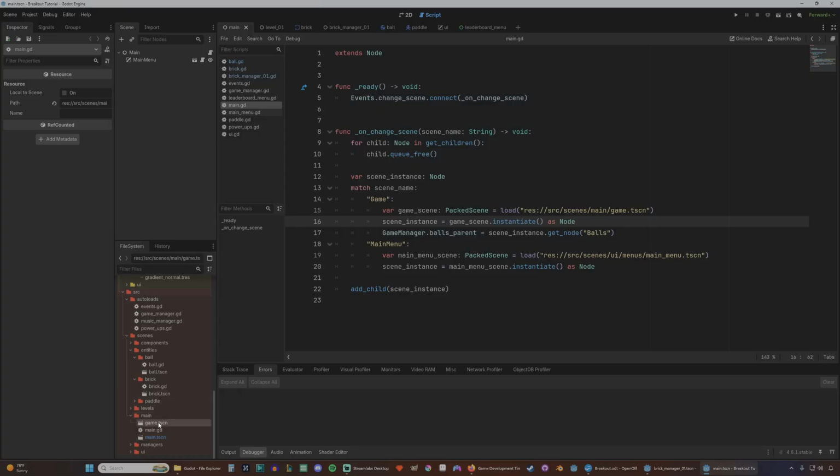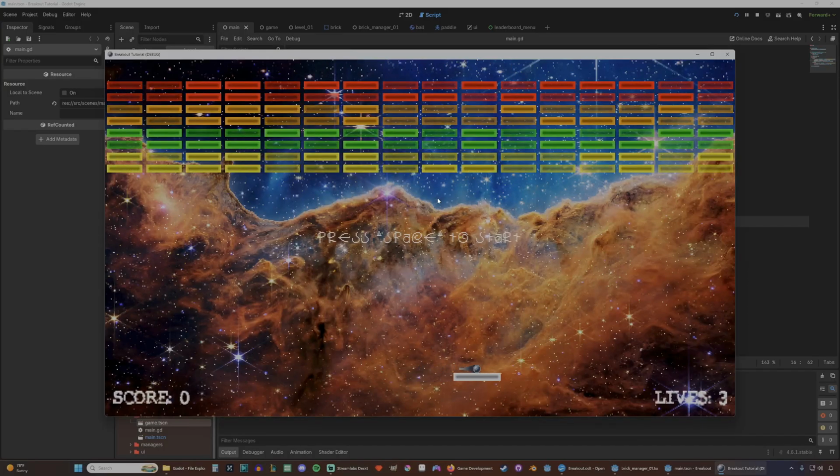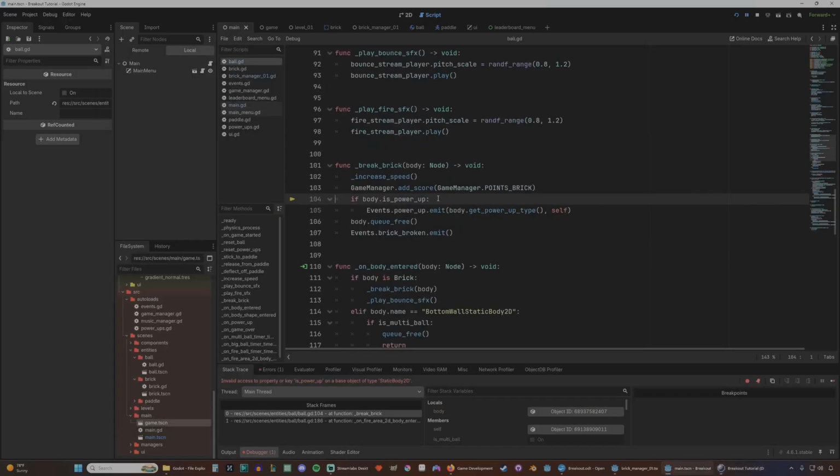But it doesn't seem to be registering that change. So under main, we're reparenting this as we're loading it here. So let's try that one more time. We got a fireball that's